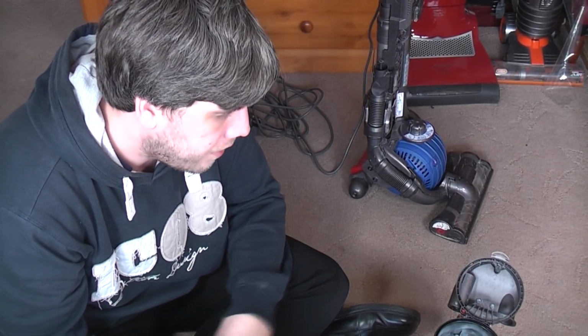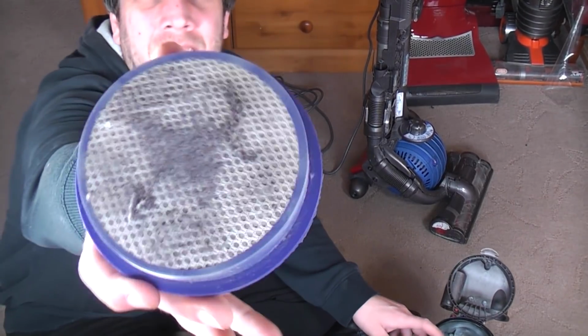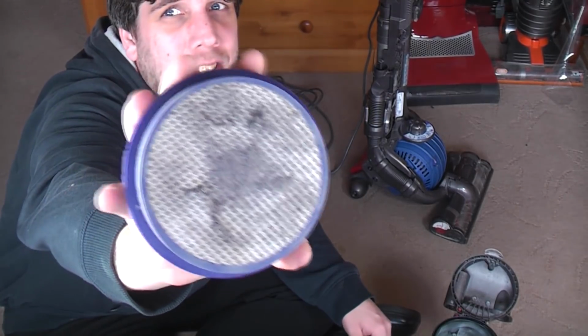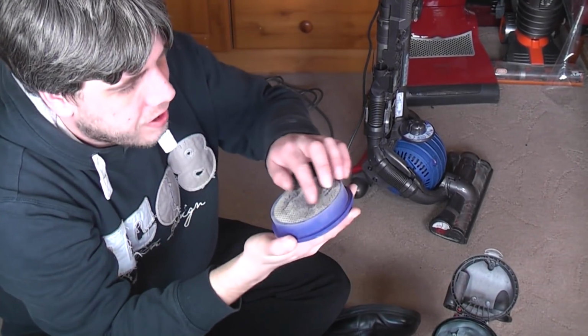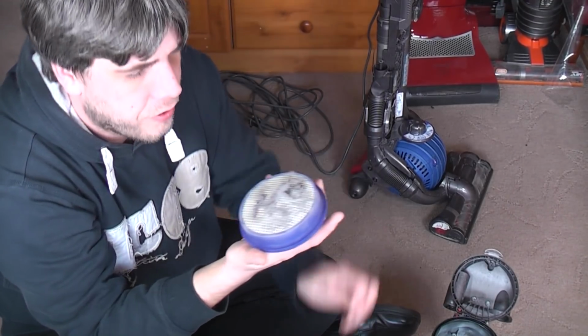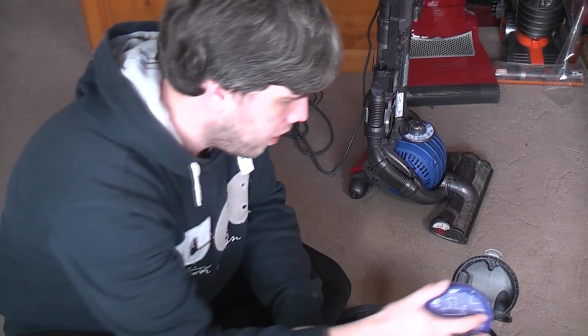And even though I've never gone over the max fill line, and well, this is more of a DC24 thing, it might need a new cyclone gasket because it's done that over a month. I haven't touched that, I haven't even looked at it. It's not bad, it's only light fluff. But obviously where the light fluff and the hair, there's quite lots of hair on there, has gone through the